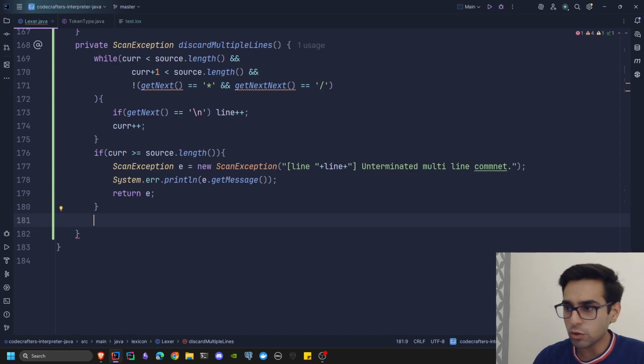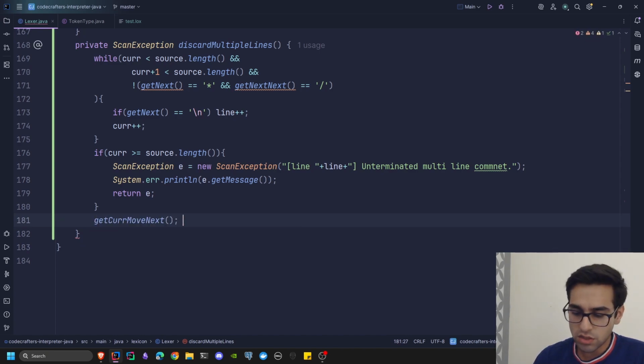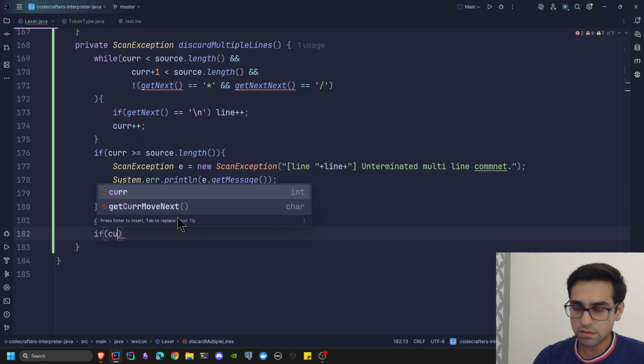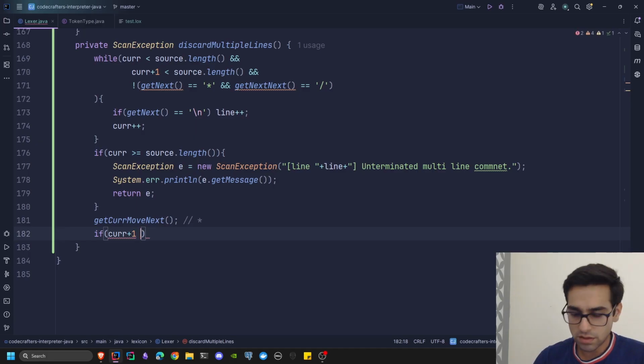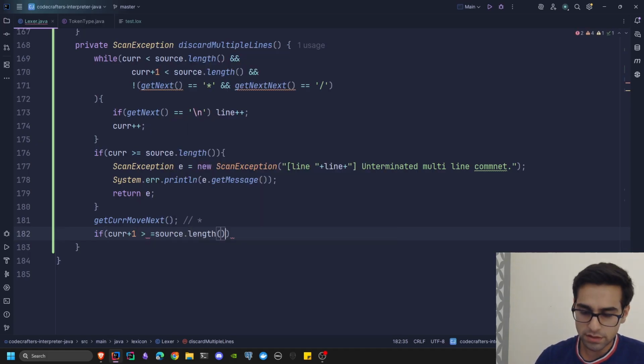So we should be able to munch up one character. Get current, move next. This should be the asterisk. All right. So if after this current plus 1 is greater than equal to source dot length,